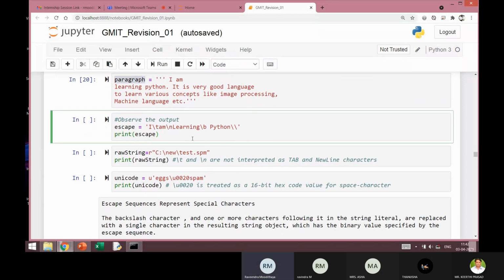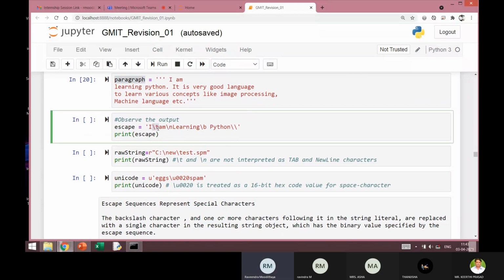Now another very important thing in Python that we need to know is escape characters. Escape characters are always written with a backslash. I hope you can identify these escape characters here.